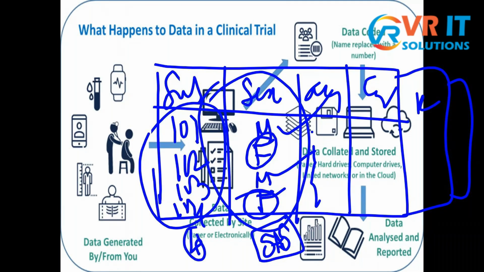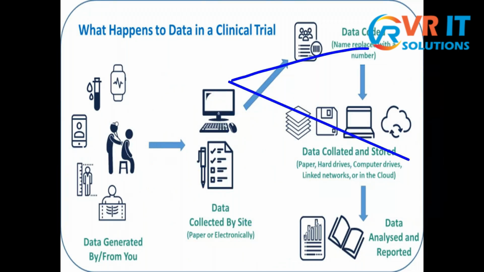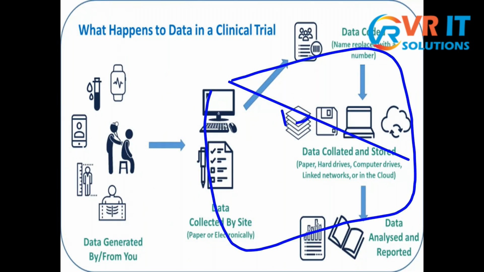But let's say there are 2000 people. I want to find out how many males and how many females are there, what is the average age of females, what is the average age of males, and how many adverse events they got during the clinical trial, what type of adverse events, how many serious adverse events. So lot of analysis will be done from that data, and a small report will be created from that analysis. So there are 10 males, 20 females, and these are the adverse events that occurred, and this is the